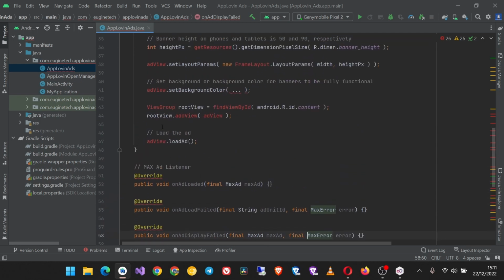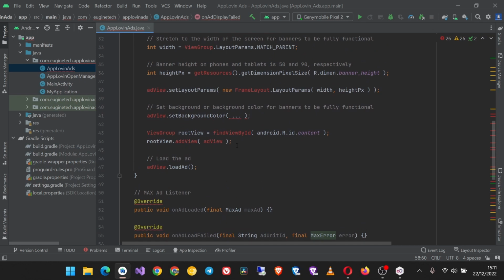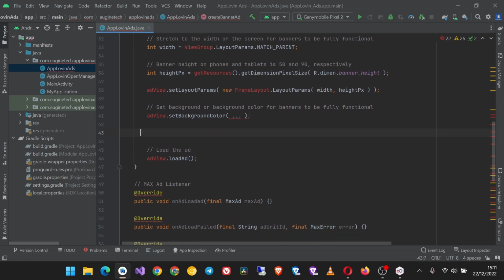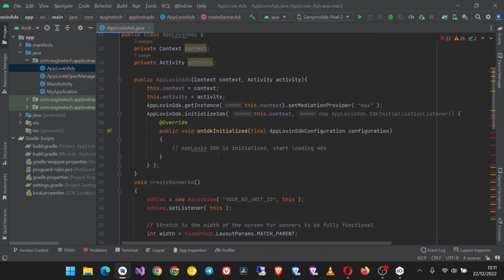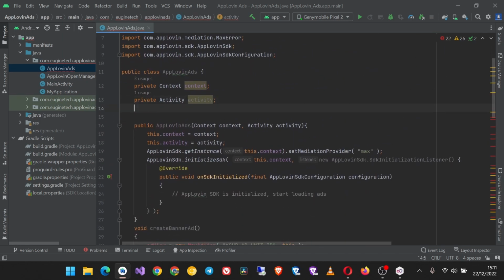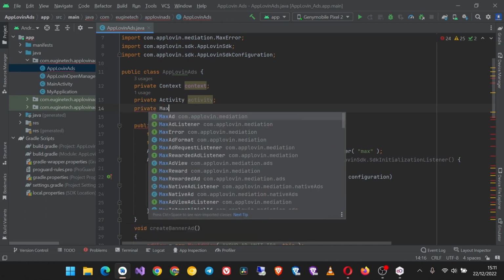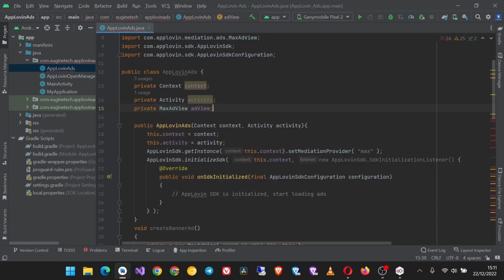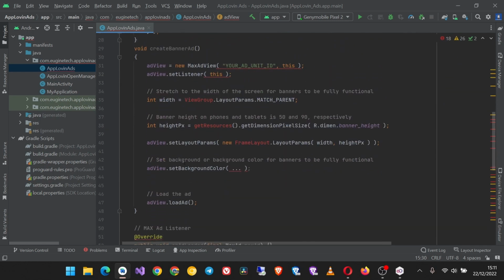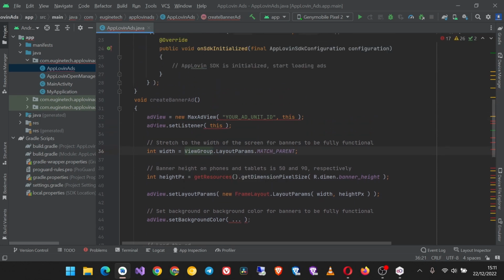So we have to create an ad view, but before that, let me just remove this thing here. I don't need it. And then we have to create an ad view and modify a few things here. So let's create them. So we have private MaxAdView, and we call it adView. The next thing is, okay, just this class, we import it, and then here adView dot setListener, where it says this,